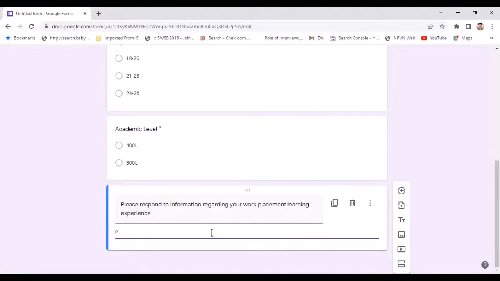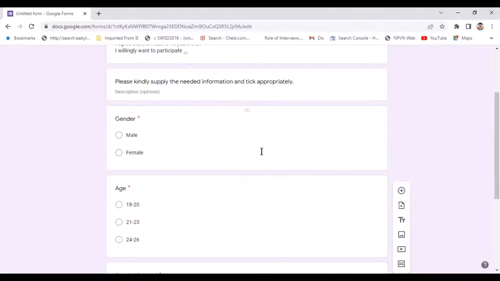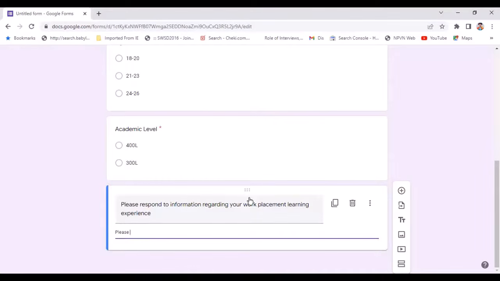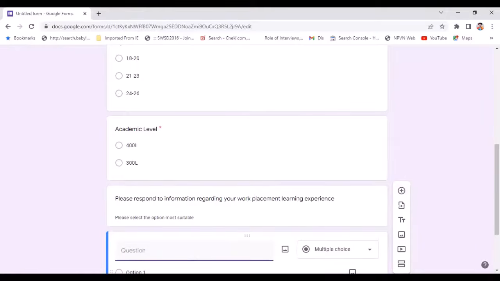Then I'll simply say, please select the option most suitable or most appropriate, however you want it. Then you can come here, and if I copy the questionnaire or the items from the questionnaire, I will,